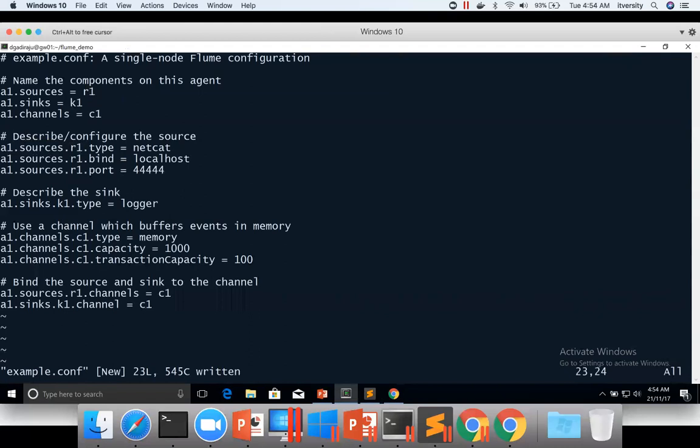And before running this, let us understand a bit what the type is. Type is nothing but netcat. Netcat is nothing but a web server simulator. And what is the sink? Sink type is logger, which means whenever you enter some messages into this web service, which is running on localhost